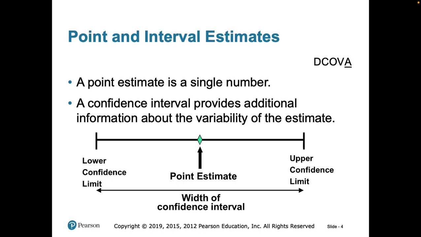So let's say that you are getting ready to finish the semester like we are, and you're trying to figure out what kind of score you should get on the final exam in order to get an A in the class. And so you send me an email, say, teacher, what is the average for the final exam? And I reply to you it is 80. In the past classes that I taught, the mean score or the average score for the final exam is 80. Well, that kind of gives you an idea.